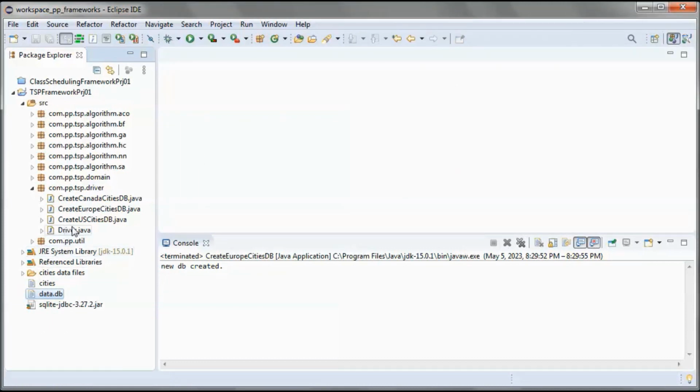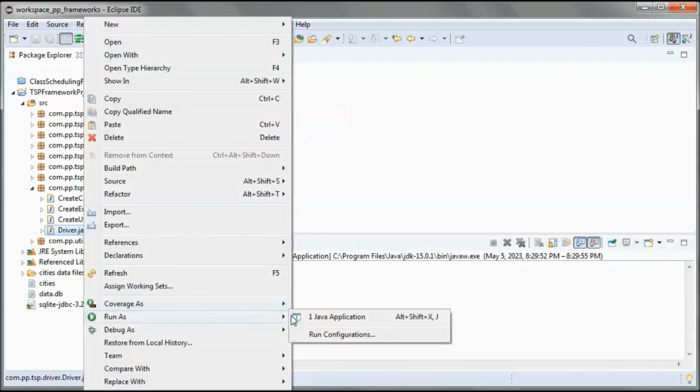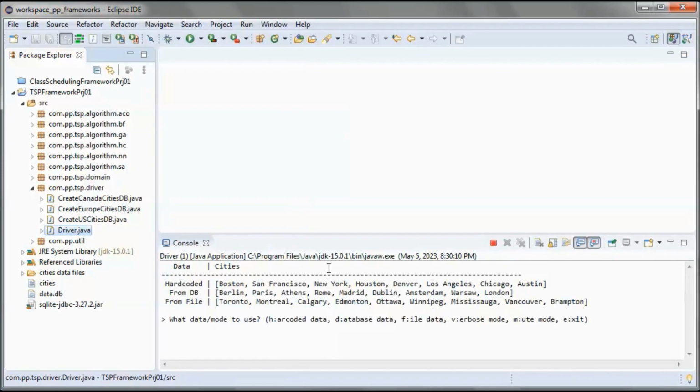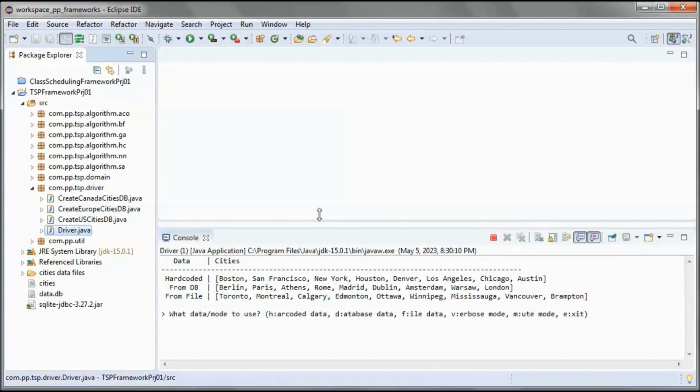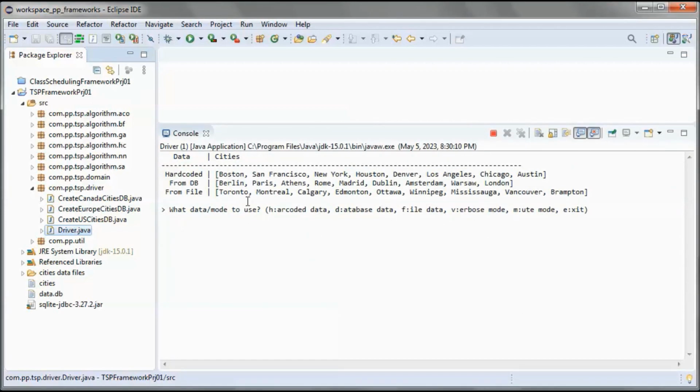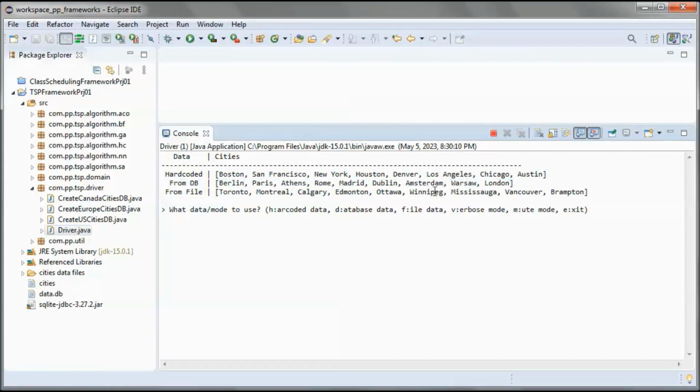And now if we run the application, we have this different route with those two changed cities.